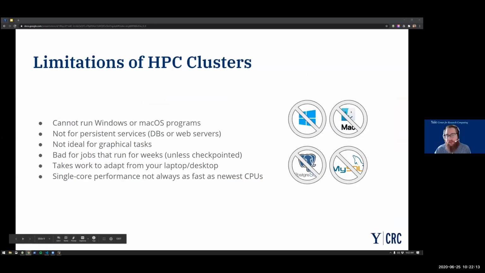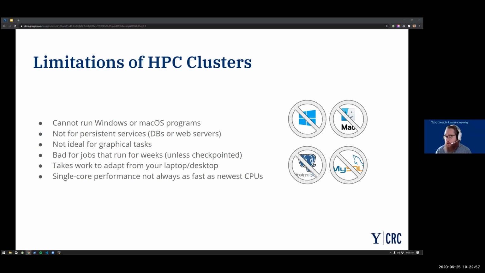The things that the clusters are not good at is they run Linux, so Windows and Mac programs can't directly be run on them. Because of the model that we use for computation, the idea is there's some input necessary, there's computation that happens, and then the job that you've asked to have done finishes. And that's not the model that you have when you're talking about servers like web servers or databases. And so those things usually have to run off of the cluster, which you can access from the cluster, but don't really work well with a model of usage that we've designed for this.